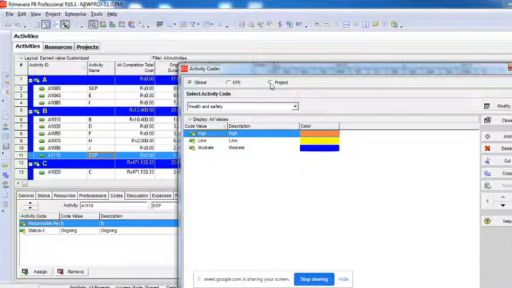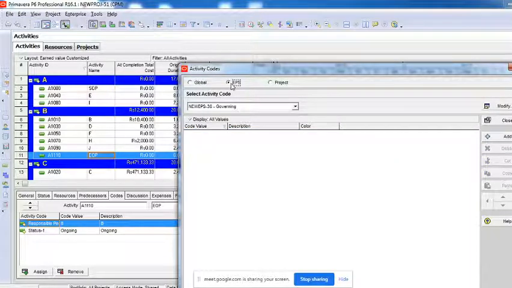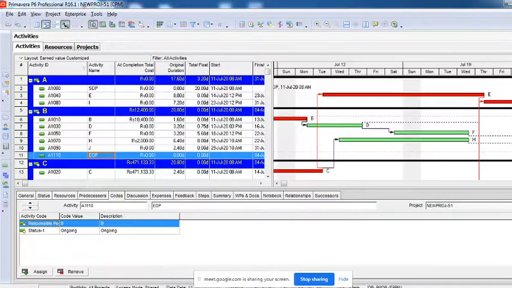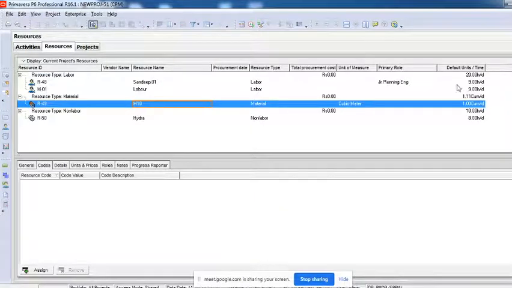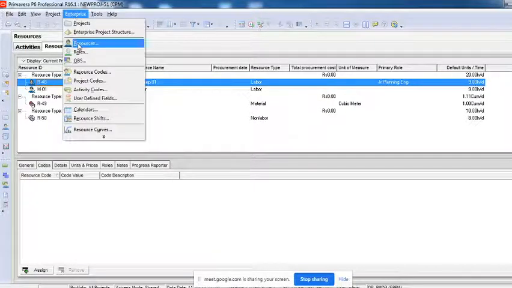But something which is very specific to the project, you'll have to click here and do. If anything is specific to the whole EPS, then you can click here and do it, right? It's as simple as that. In a similar way we can do it for resources also. The moment you click on any resource, you again have an option for assigning the codes. Now, for example, if I go again to the resource codes to show you,